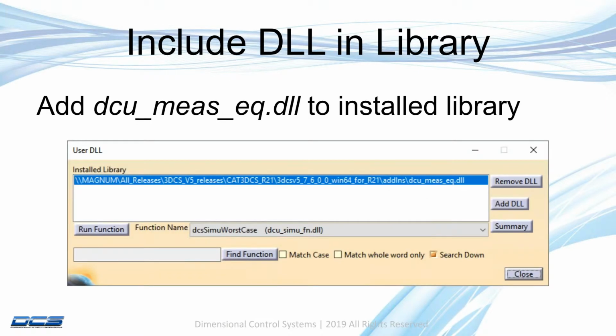First things first, we have to make sure that we're including it with our 3DCS model. That just means that we want to include the DLL. For the most part, I'm going to be using CATIA V5 today, but the instructions and everything that goes along with using the measure equation are going to be basically the same if you're using Creo, Multicad, or NX. So just first off, make sure you include the DLL, and we're going to be looking for this